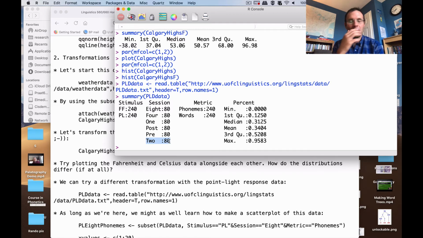And then in some cases the same video would be repeated twice. Sometimes it would be repeated 4 times, sometimes 8 times, so on and so forth. And then we measured how many phonemes they got correct, and how many words they got correct. And I'll just show you,